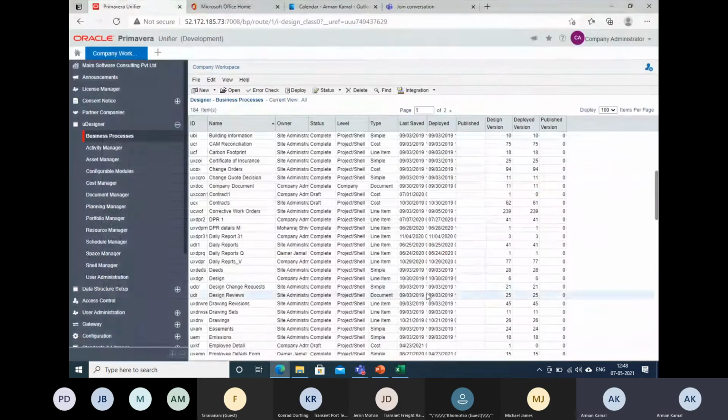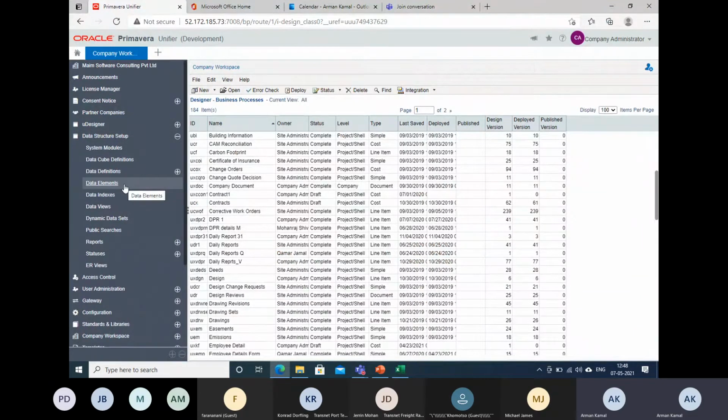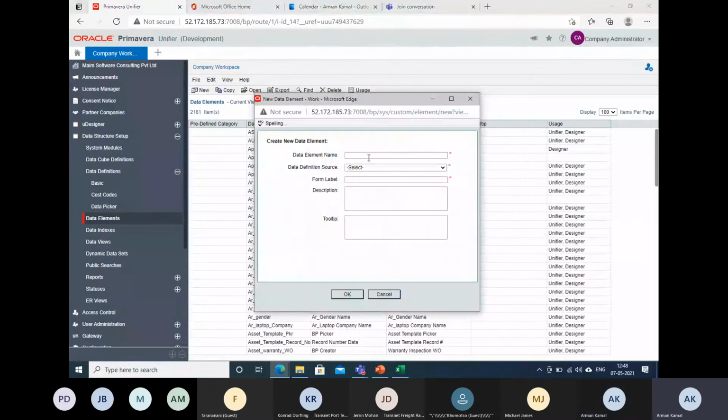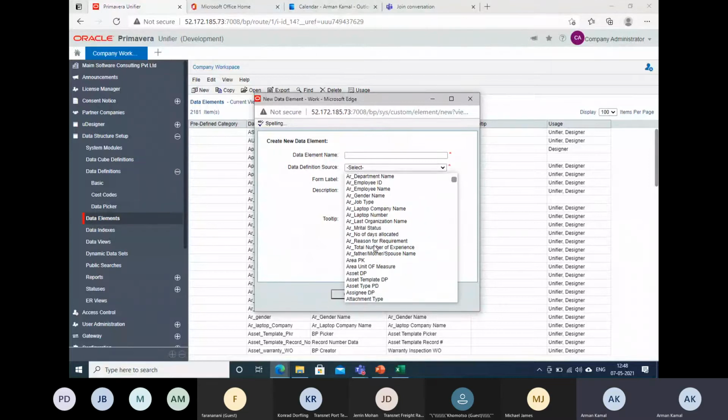So how to create that? As I told, the data structure setup is where I'm going to create the fields. If it is a standard number type, no need to go to the basic data definition. Directly go to the element, create here, and you can select decimal amount.